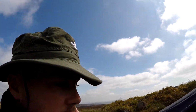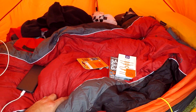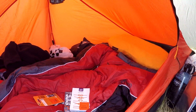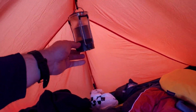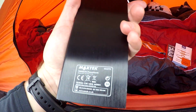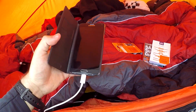Okay folks, I'll just show you, we're all set up inside the tent now. That's home for the night. We've got the Vango Viper sleeping bag, Thermarest NeoAir sleep mat, and a Mammoth or a Junglelock Air pillow, just for a bit of a lightweight pillow option. We've got Black Diamond Apollo lantern, and this was a good little buy from I think it was Aldi, just a power bank,